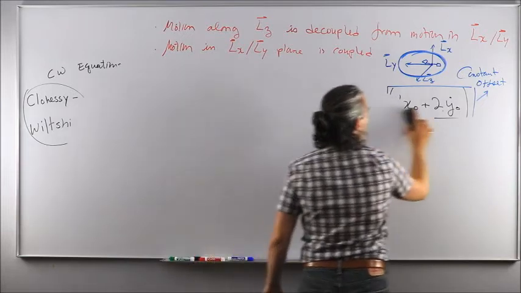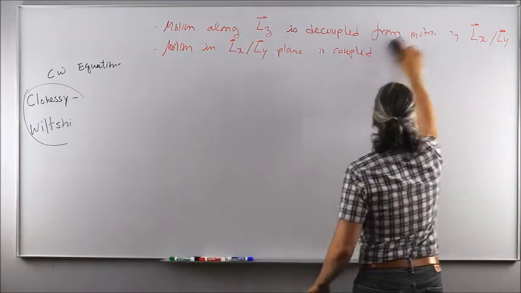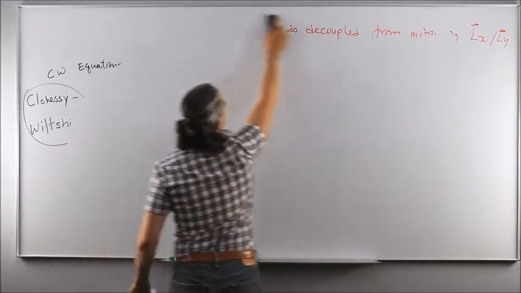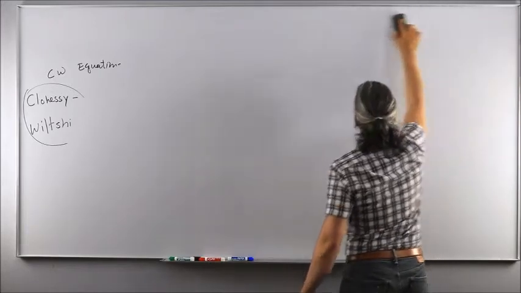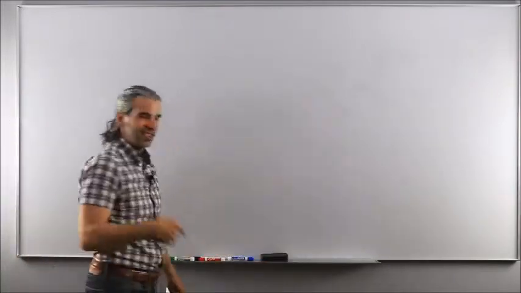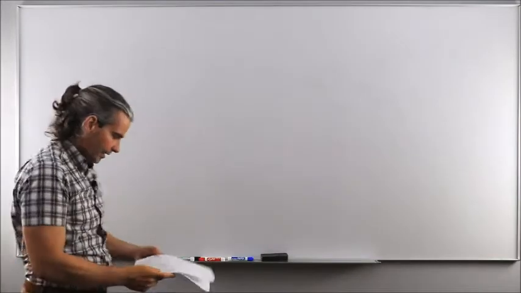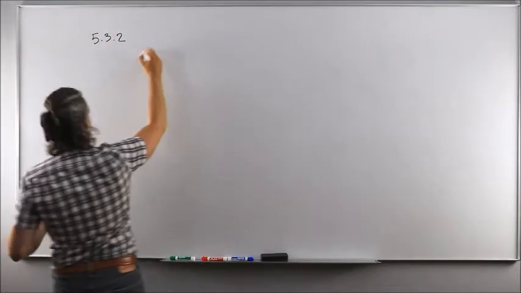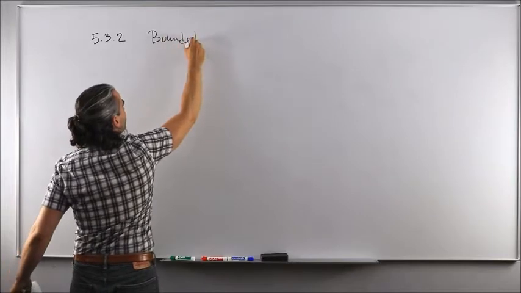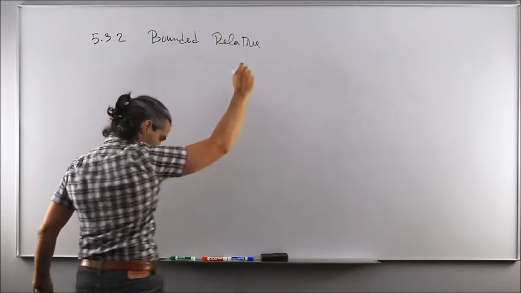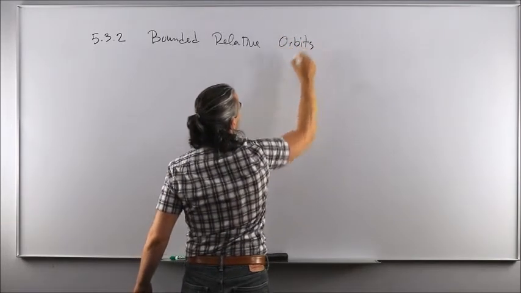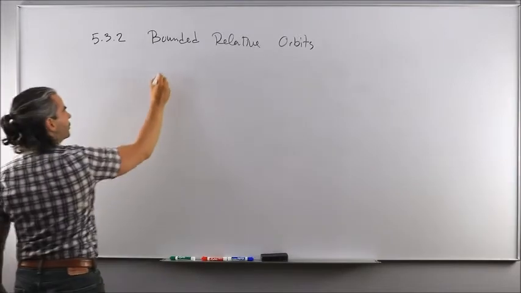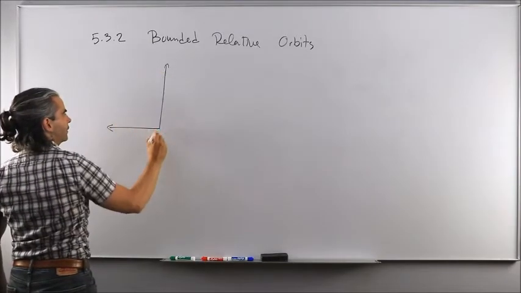So now that we've gained better insight into what would happen if initial conditions aren't set properly, we're going to get a linear drift and a relative motion which isn't centered at the target, and again that's kind of annoying. Let's see how we can make things work to our advantage. So that'll be in 5.3.2, where we're going to look at how to obtain bounded relative orbits. Because again, if you were to look at LVLH as a reference frame,